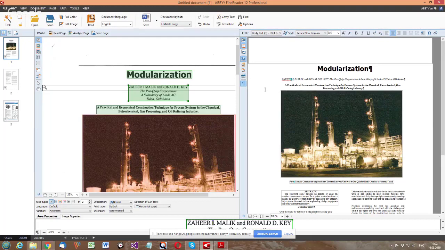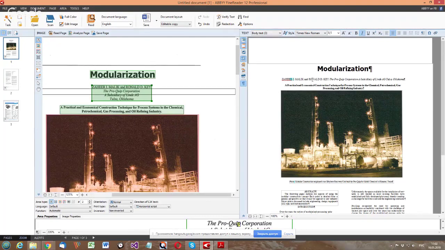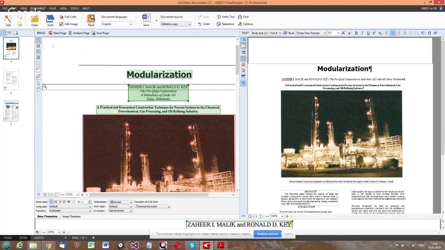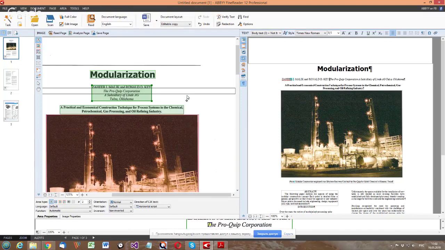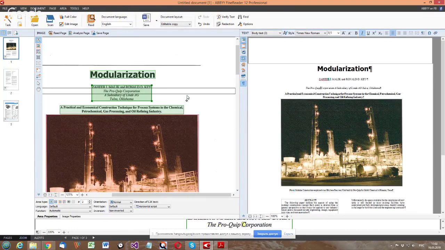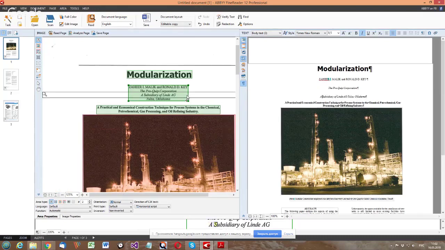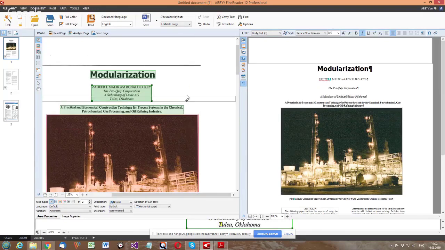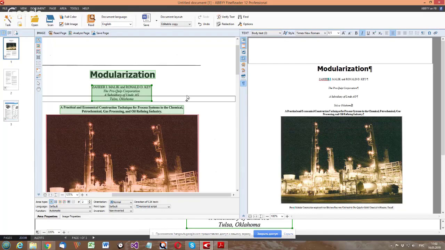The second paragraph in Finereader was recognized as one big paragraph, but in the PDF, it's actually 4 different lines or 4 different paragraphs, depending on how you prefer to do this. So I actually need to insert paragraph breaks here, here after AG, and that's it.